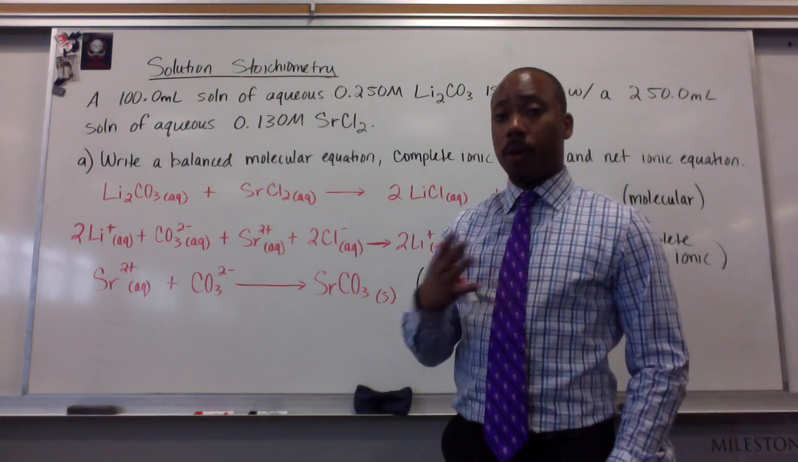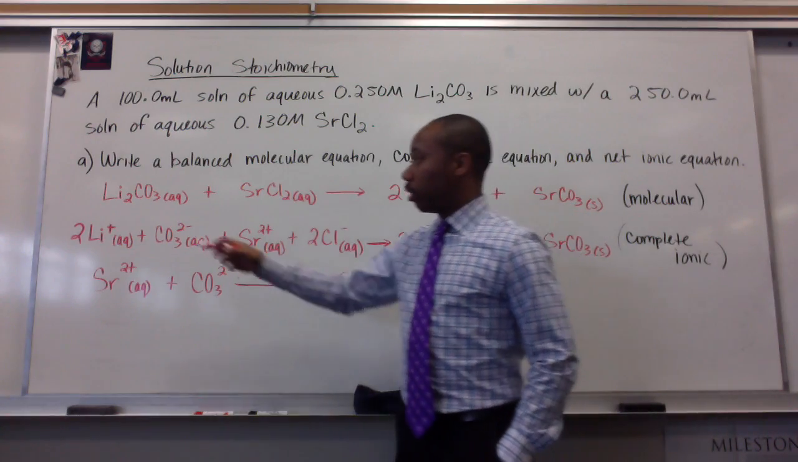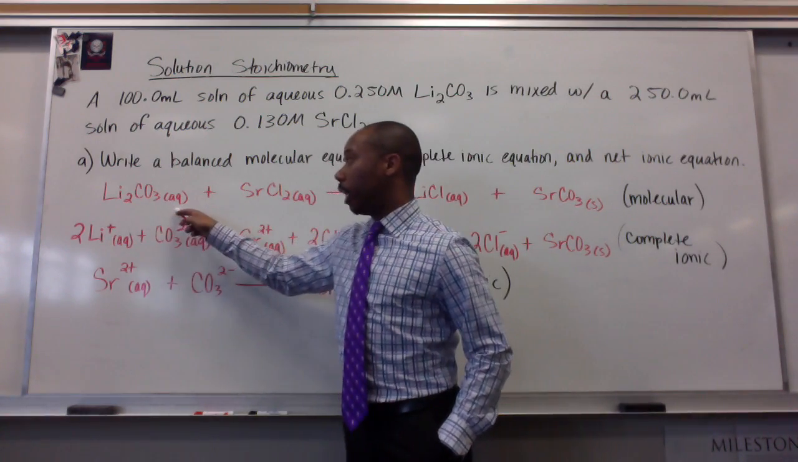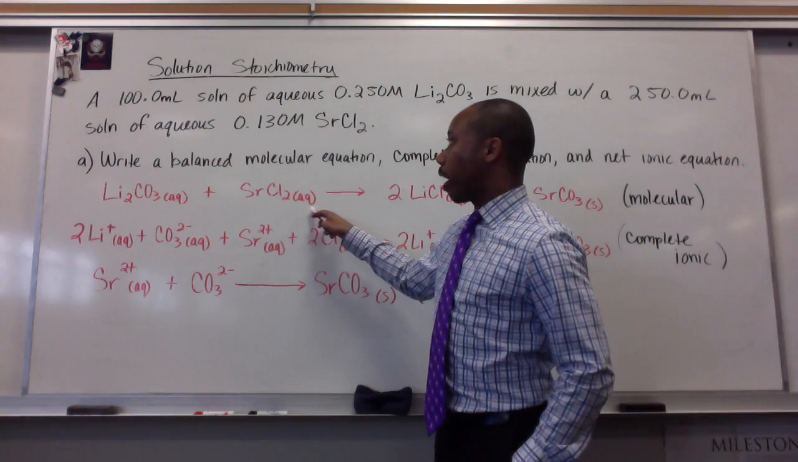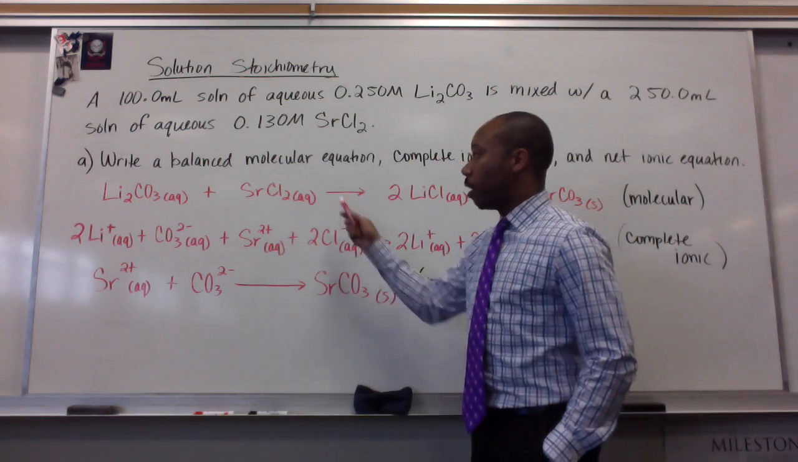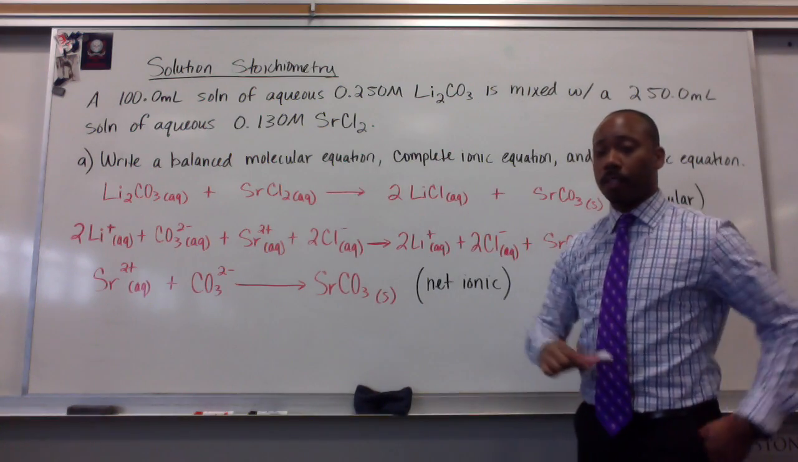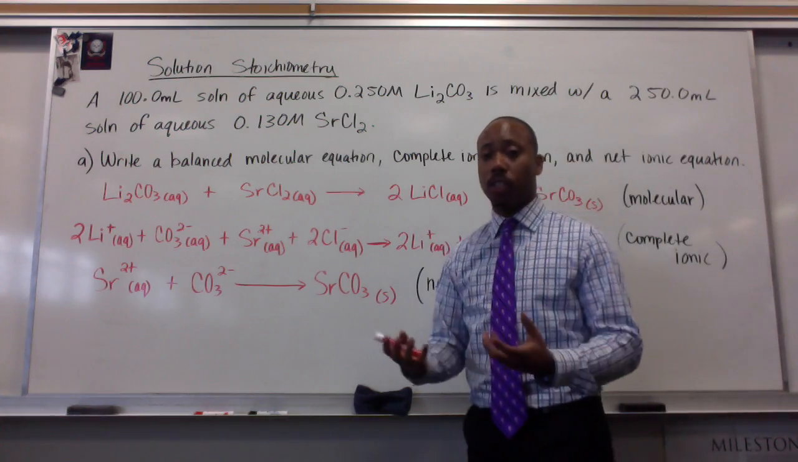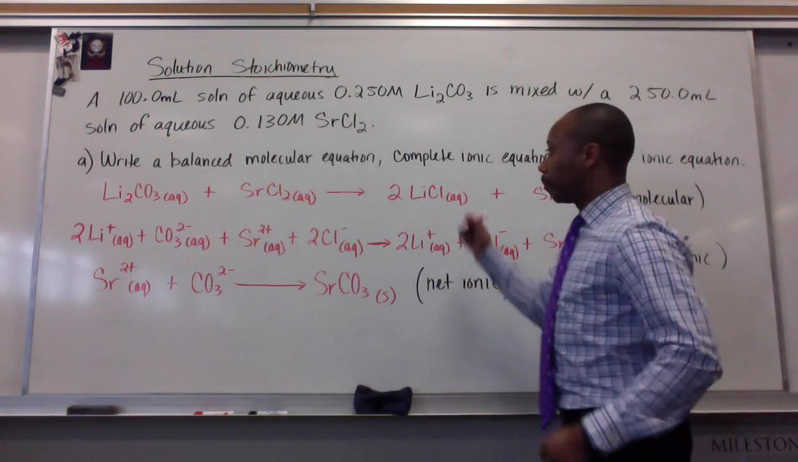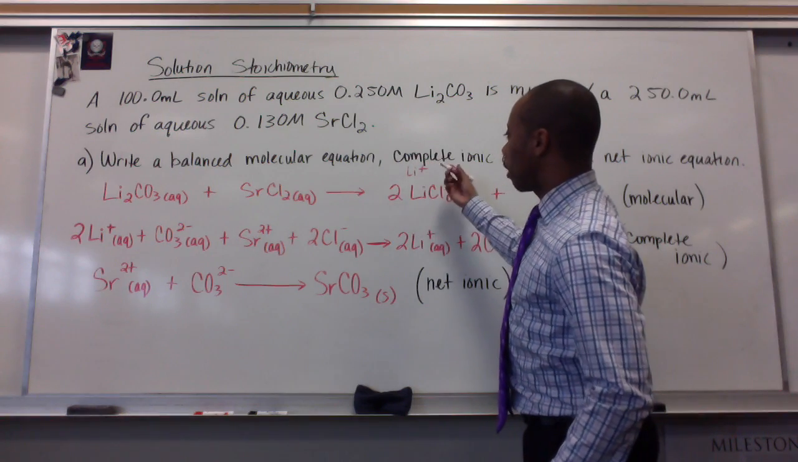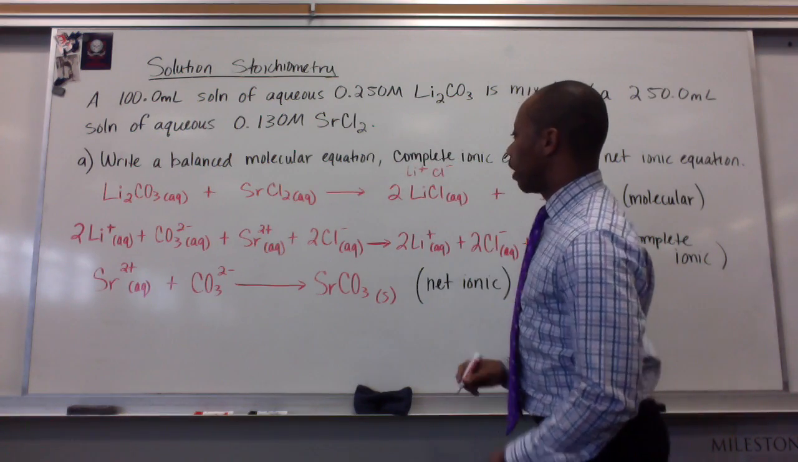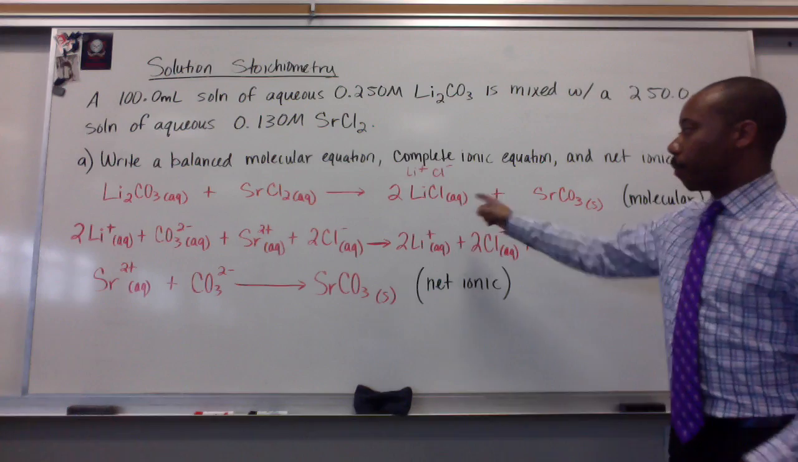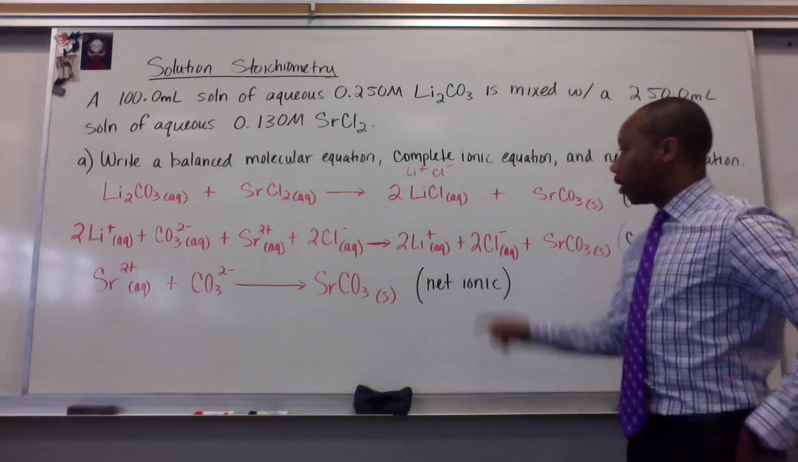So we start out with our two aqueous substances. Lithium carbonate, aqueous, reacting with strontium chloride. We got those from our problem here. As we predict the products, we have to remember that these are ionic compounds in solution. They are going to completely dissociate. So we have Li plus and Cl minus coming together to form lithium chloride. And then we have